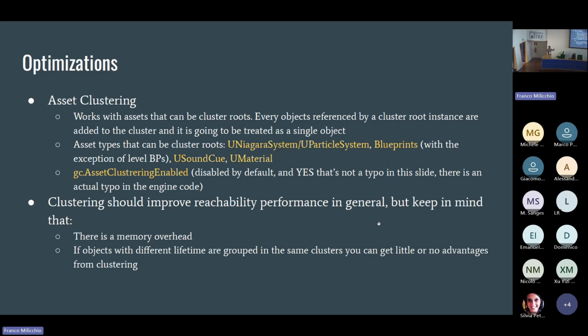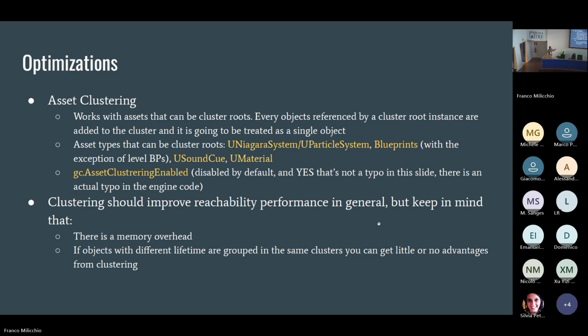So you can have a single material composed of multiple materials. And so even this can be treated as a single object. And you can enable it with asset clustering enabled. There is an actual typo in the Unreal code.